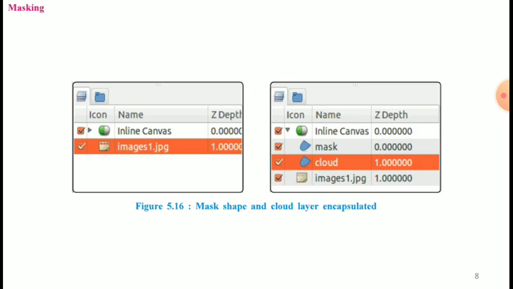We have renamed the layer new Bline 005 as cloud layer, and new Bline 006 as mask layer. Click on the layer name, which will allow you to change the name.